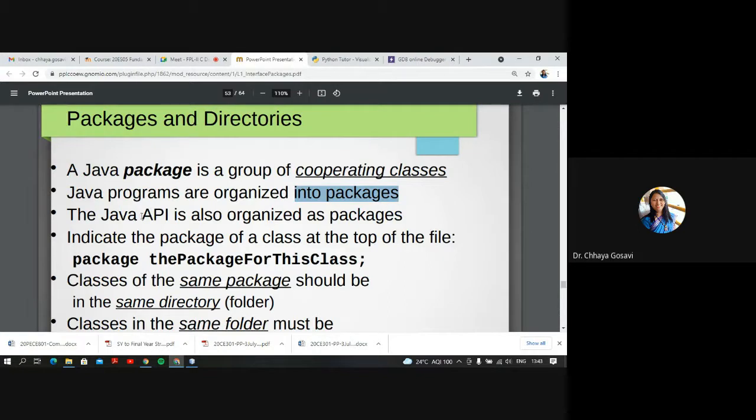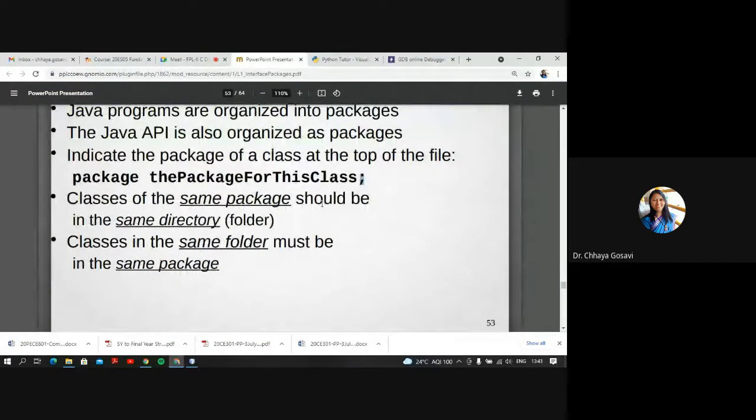The Java API, application programming interface, is also organized as packages. So indicate the package of a class at the top of the file. The first statement of your code should be the package keyword, the name of your package, and a semicolon. Don't forget to write the semicolon at the end. Classes of the same package should be in the same directory.